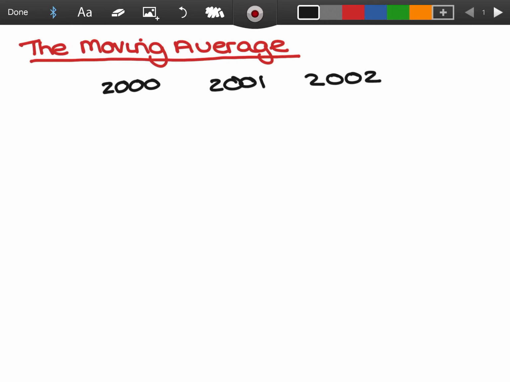Let's say they won 10 games one year, then the next year they won 12 games, and then the following year they won 17 games. And we want, in this case, the 3-period moving average